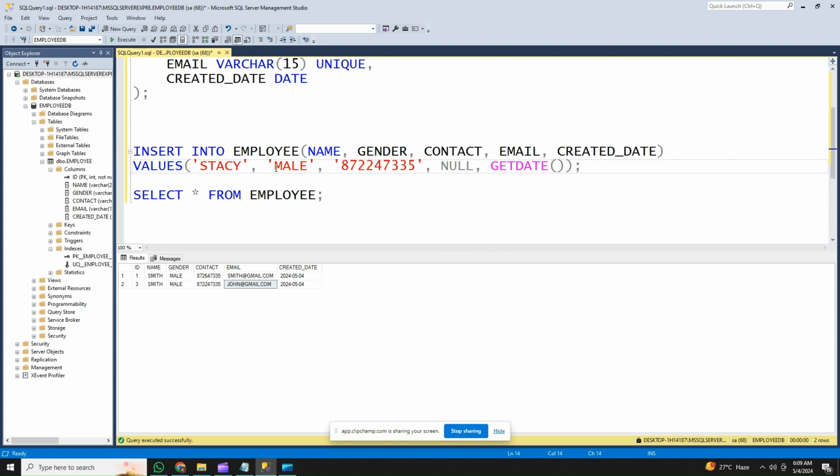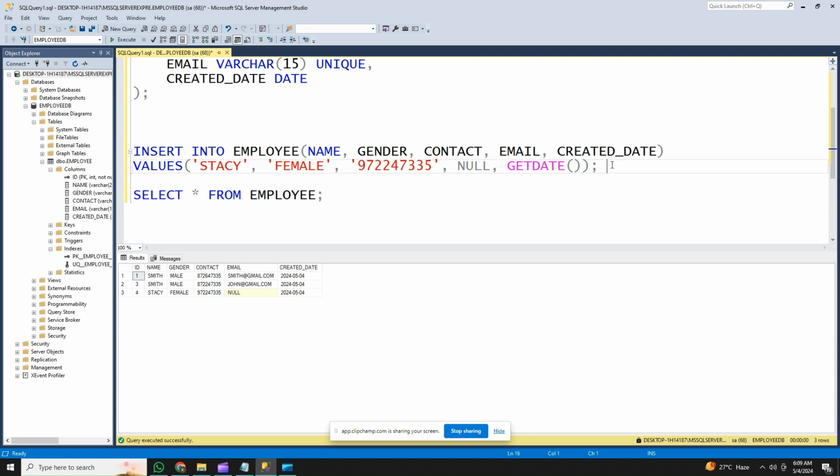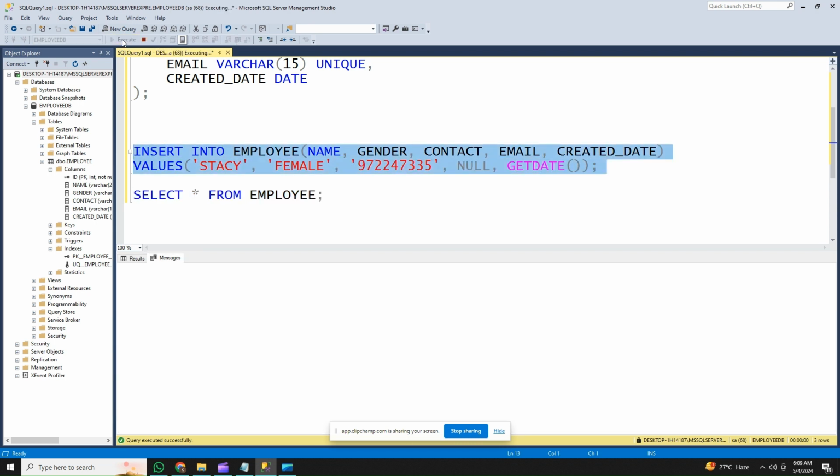Name is Stacy, female, and some change in the contact, null, and get date. Let's try whether we can insert or not. So yes, I am able to insert some null value, and we will try again to insert the same, not able